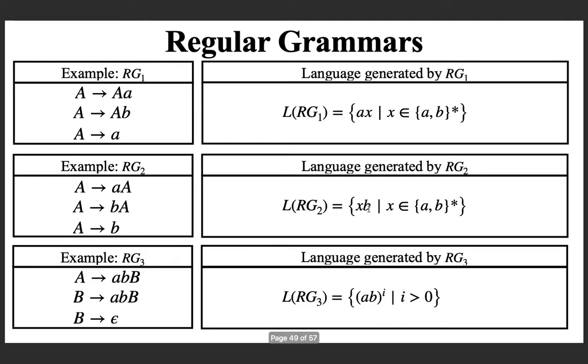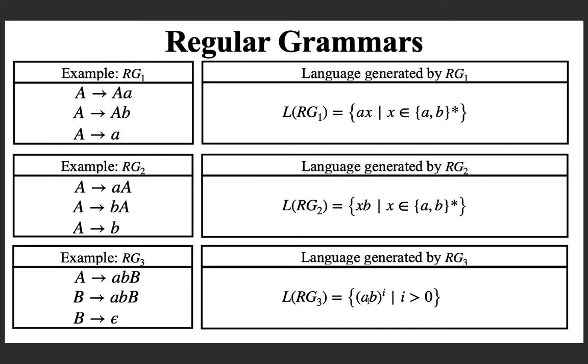Now you have the last example here. Note that this is again a regular grammar because it's right linear. Every time in the RHS, if there is a variable, it appears as the rightmost variable, so it satisfies the requirement for a right linear grammar, and hence by definition it's regular. The language is this: one or more repetitions of the string AB. That's the language.